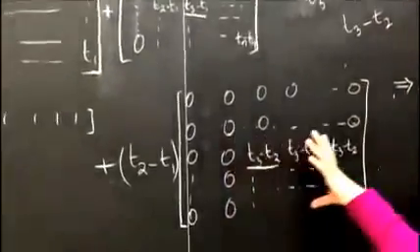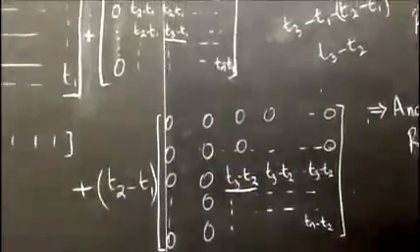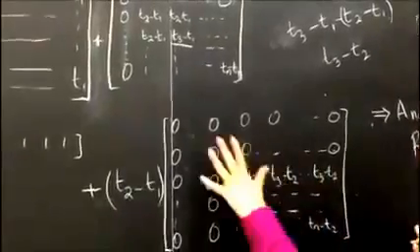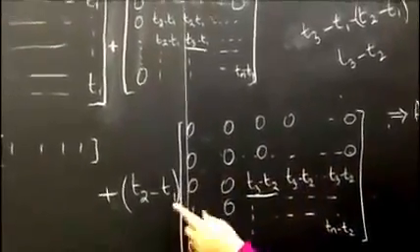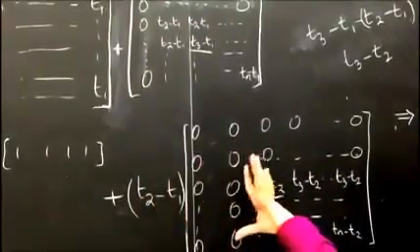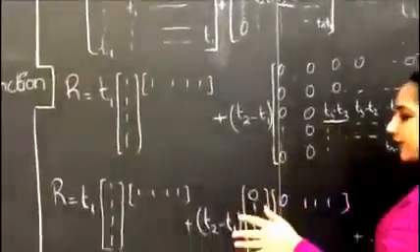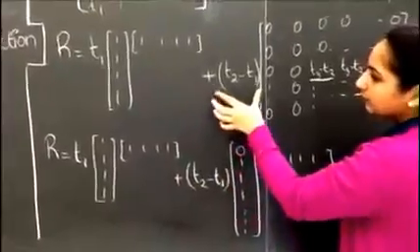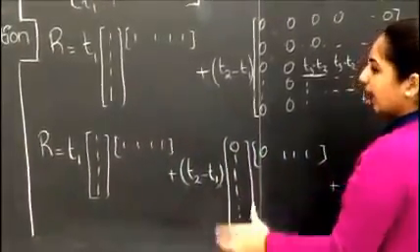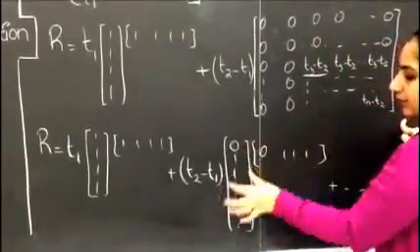Similarly, the same pattern will be followed throughout the matrix, and we will get the whole matrix where T2 minus T1 would be subtracted from the whole matrix. Similarly, following the same pattern, we can take T2 minus T1 common and write the other matrix in terms of a